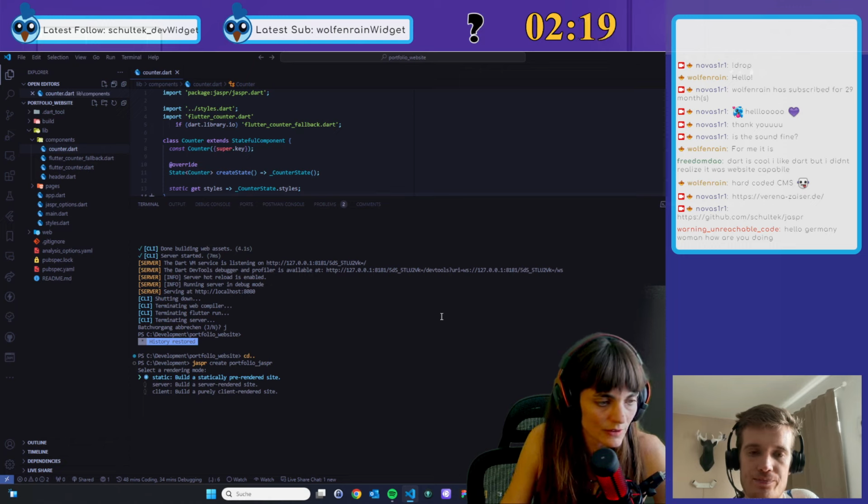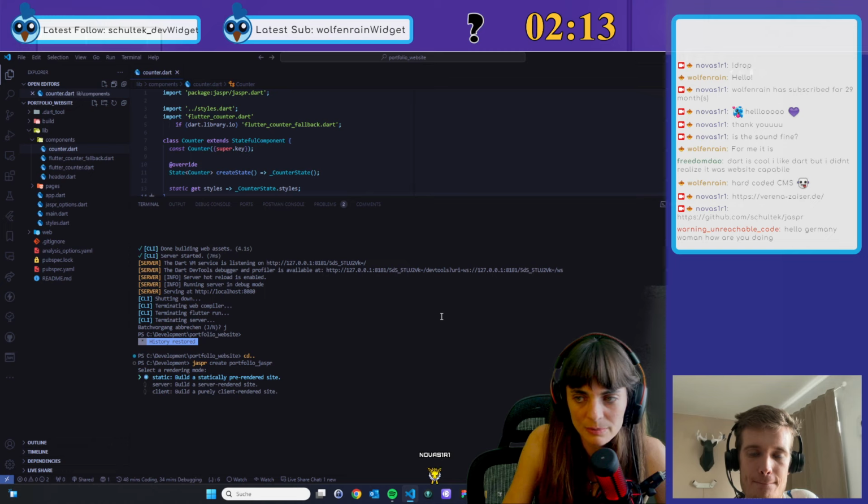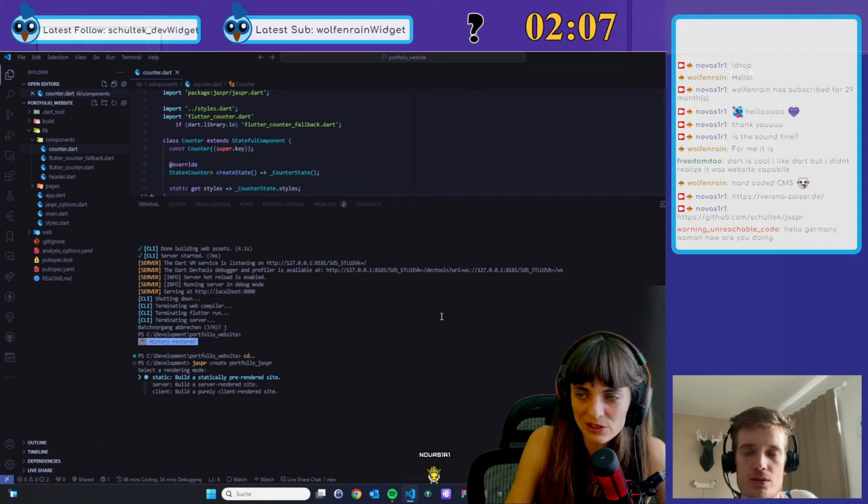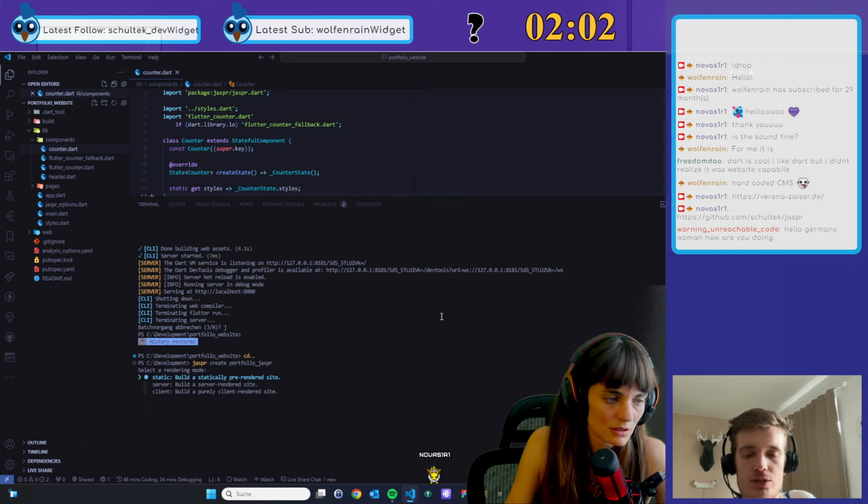Okay, that sounds great. We just go with static for now. If I would use a backend behind it somehow, that wouldn't make any difference, right? You can use a backend when you use the server mode. But static renders everything at build time.